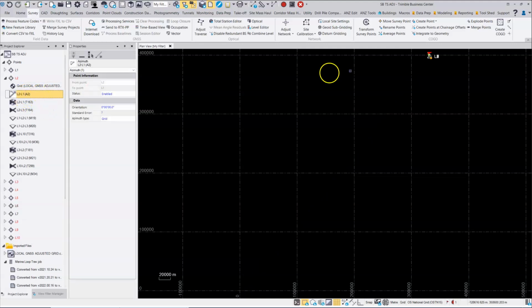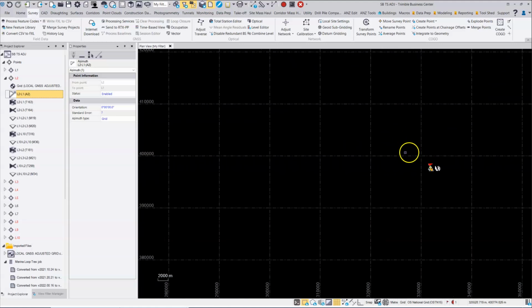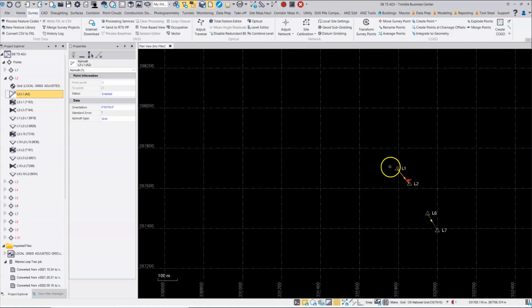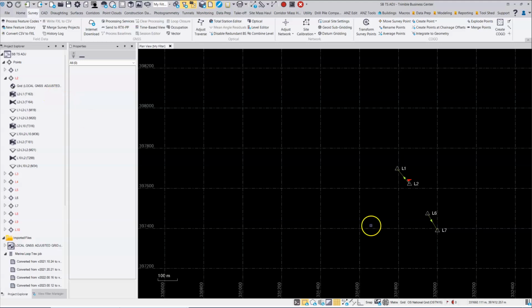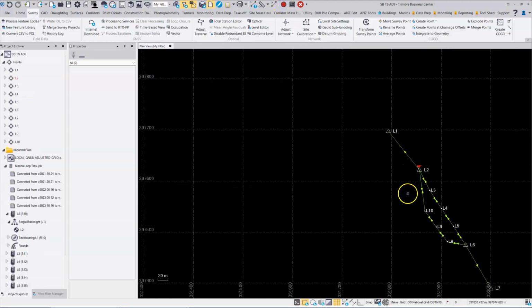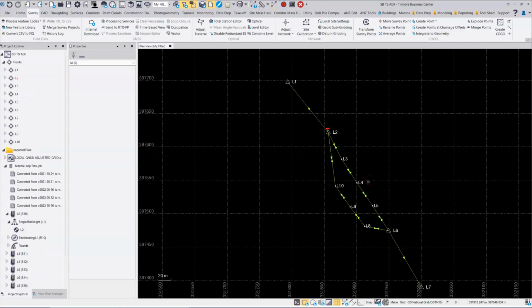And the same for the azimuth, as I've got a coordinate for the backsight point, which is L1. I don't need that azimuth either. Again, it could be disabled, should it be needed later on, or I can delete it. And having made those changes, I'm going to press the red recompute button,